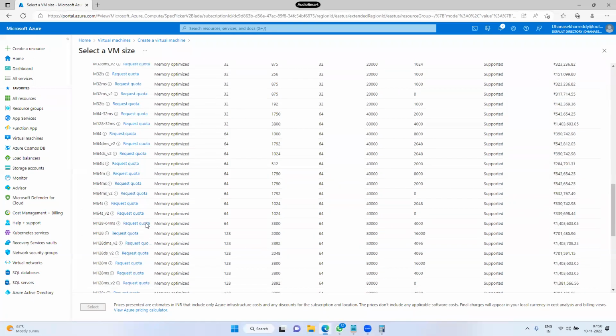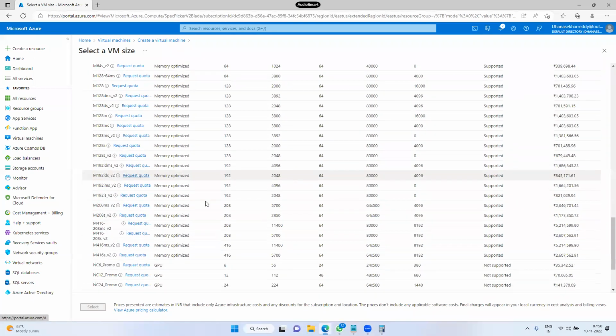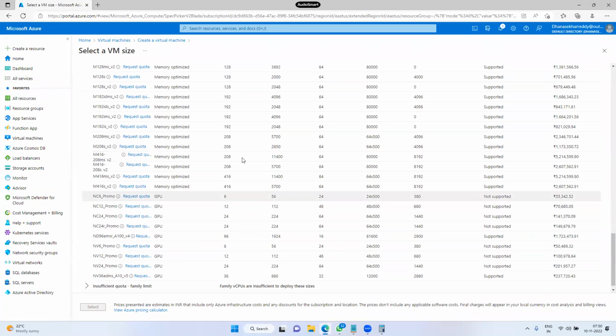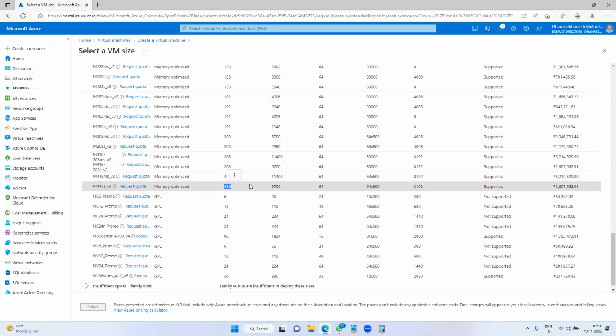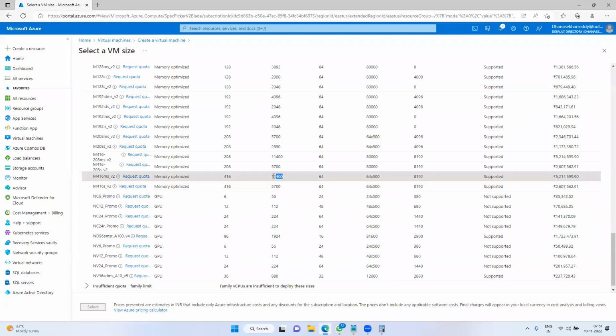I could see 5,000 GB. So how many CPUs? 416 CPUs, and the RAM is 5,700 GB. 416 is the CPU count.